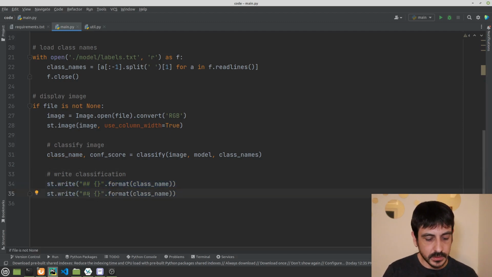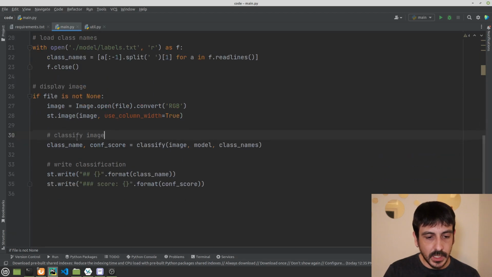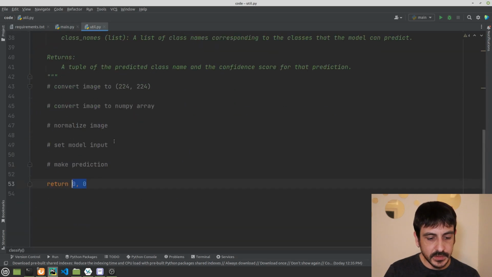So we're going to make this a little smaller, add an additional character, and just say something like score, and this is going to be the conf score, right? This is exactly what we need to do in order to write the classification. So far we are returning a 0, but if this is a class name, maybe it makes more sense to return something which looks like a class name.